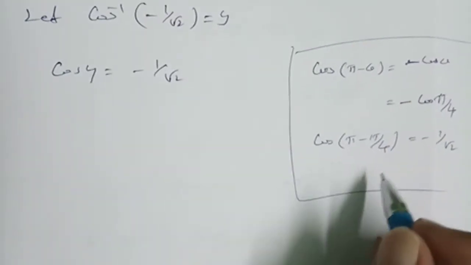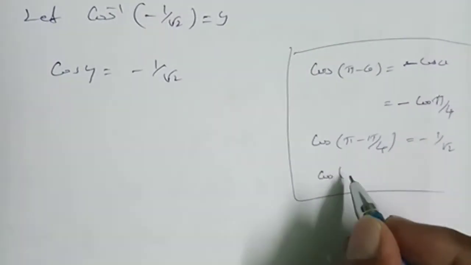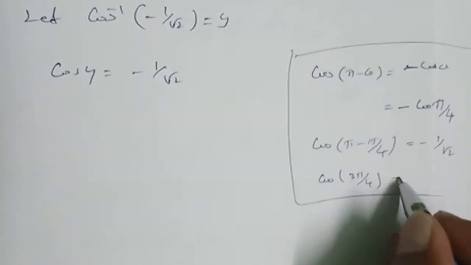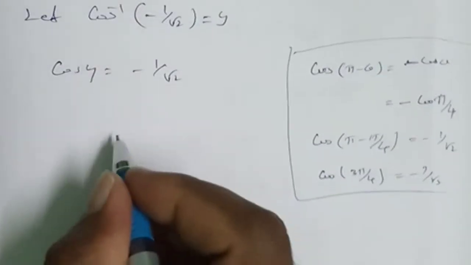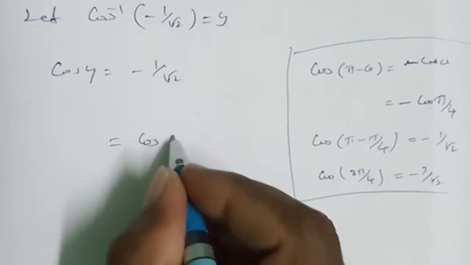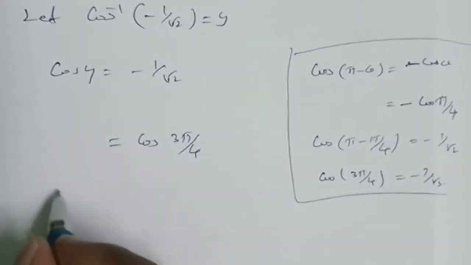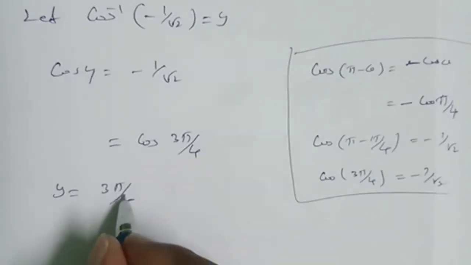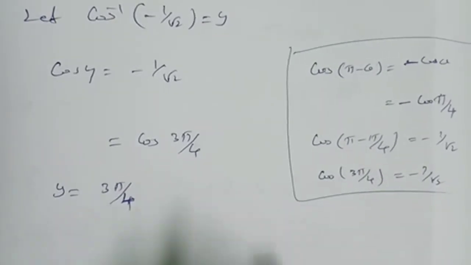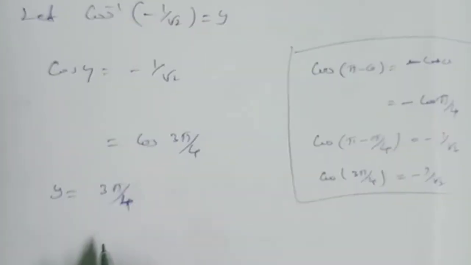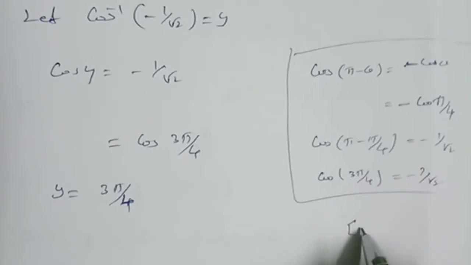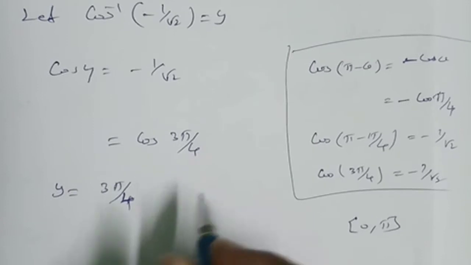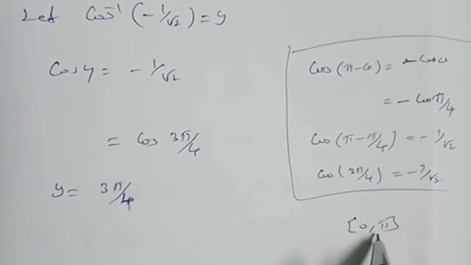Here cos pi minus pi by 4 equal to cos 3 pi by 4 equal to minus 1 by root 2. So this is equal to cos 3 pi by 4. So y is equal to 3 pi by 4. Check whether it is in the principal range of cos inverse. The principal value is 0, pi. Does it lie in this interval or not? Here 3 pi by 4